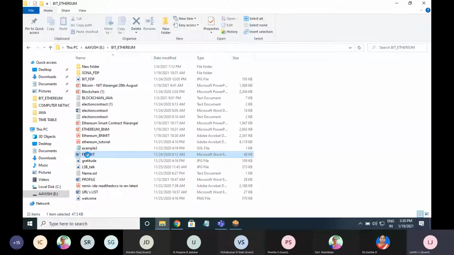So here I am demonstrating the platform: the editing platform for Ethereum, MetaMask as a wallet, then Ganache as a local blockchain. By using these three combinations, you can write a smart contract for any problem.